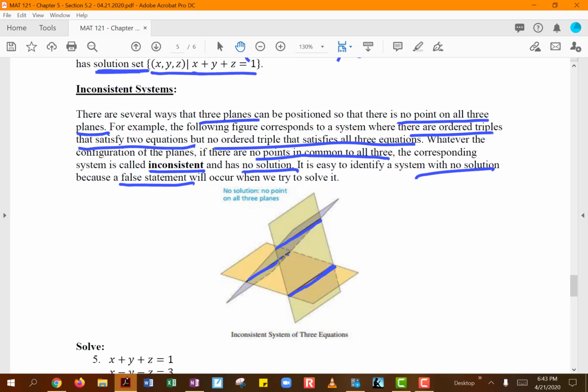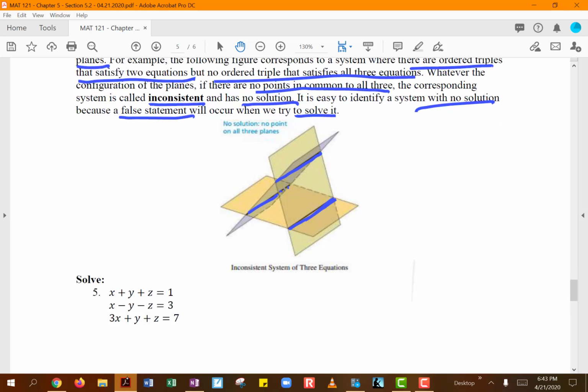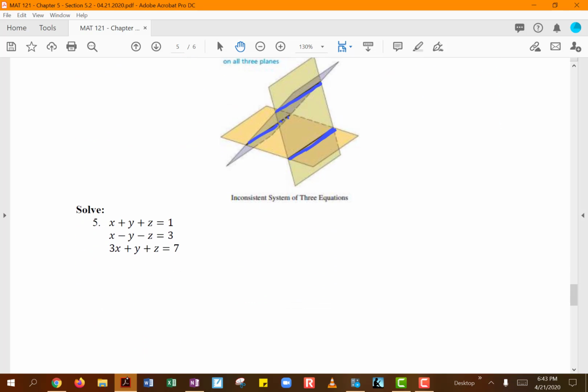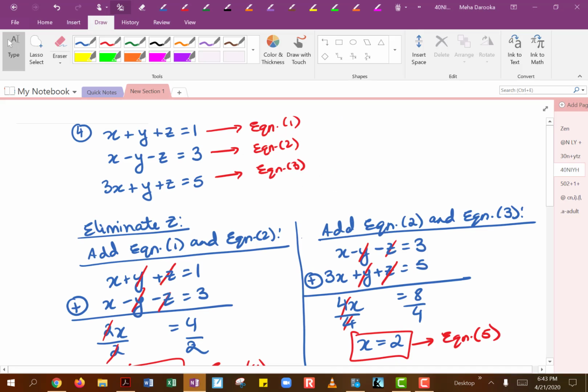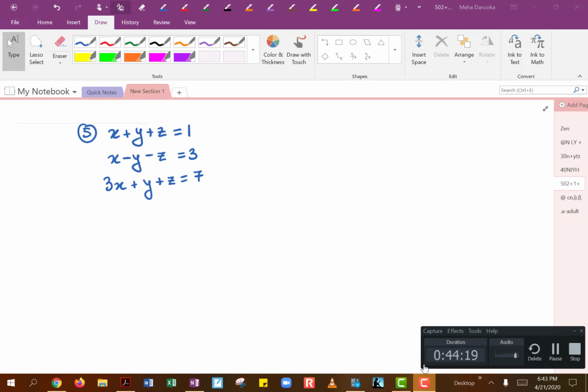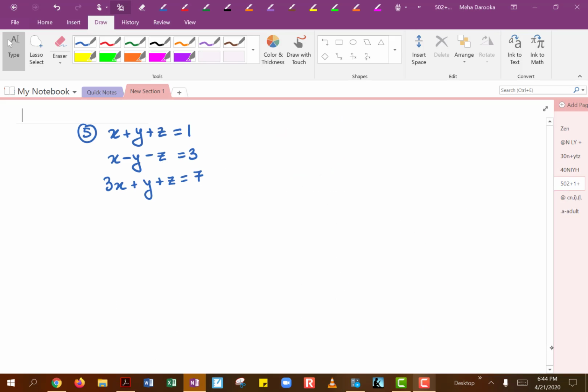And they are saying it is easy to identify a system with no solution because you will end up getting a false statement when you try to solve it. Okay, so let's go ahead and take a look at what happens when we try to solve this example 5 over here. Again, this is a system with 3 equations and 3 variables. So we want to pick an easy variable to eliminate. You can again eliminate y or z, but let's see what happens when we try to eliminate